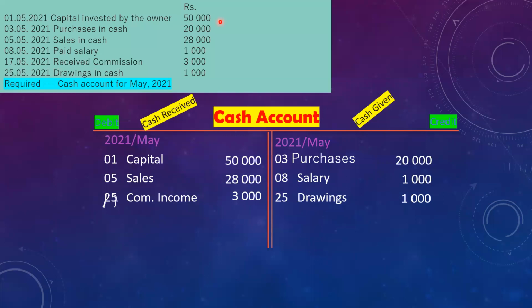Any questions? Some messages coming? What's the problem? Income or received must be put only for the debit side. Yes, you are correct. Debit side only, the income or received word should come. On the credit side, you see, I have written salary. That's what I have differentiated clearly. You don't need to write salary paid, but if you write it, it's not wrong. Salary is also not wrong. But commission only is wrong. Commission income. Right. Okay, let's go. The next question comes.